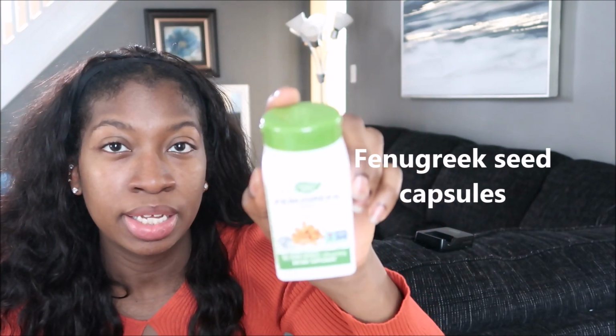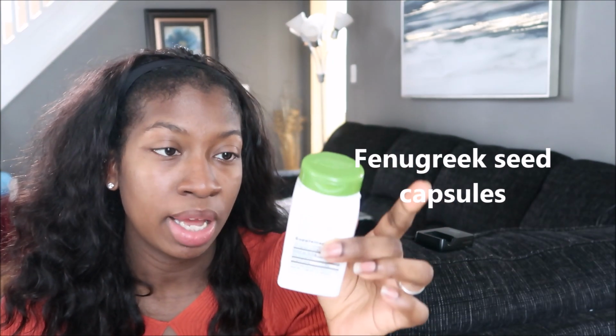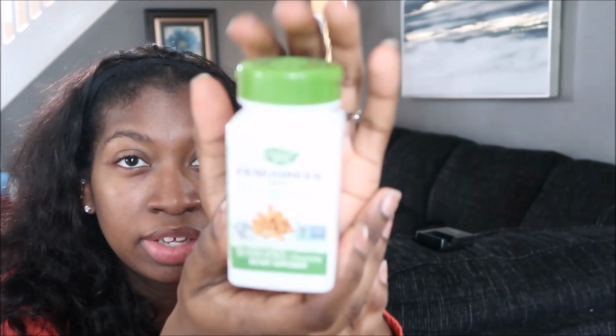One of the things that I recently tried was fenugreek. This is a brand that I was given. I also found this brand on Amazon, so if you wanted to look up the reviews, I will leave the link to this one down below. I cannot say for sure that this helped my supply or hurt my supply, but I did take it. This came with 100 vegan capsules, and you're supposed to take 2 capsules 2 to 3 times a day. I definitely will say that in the beginning I was not taking the amount of capsules that I needed to be taking. But just be mindful that you do need to take 2 capsules, 2 to 3 times a day